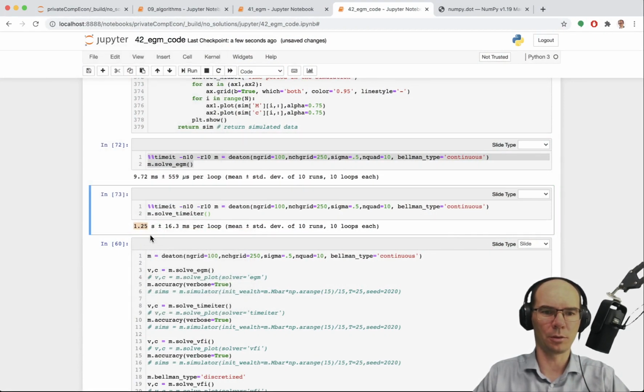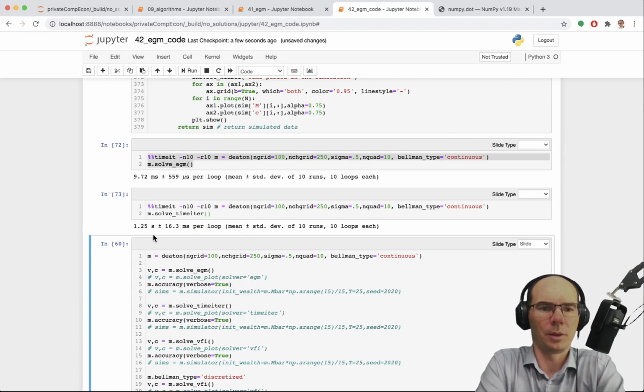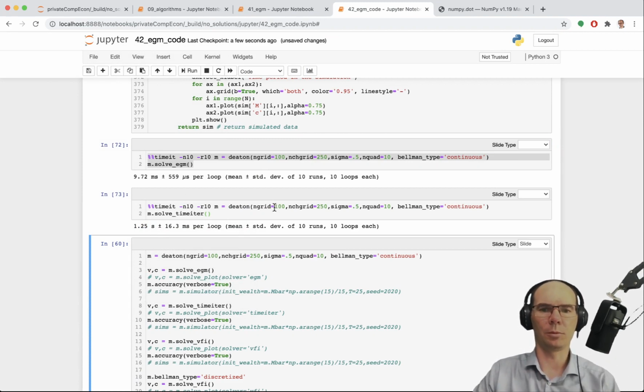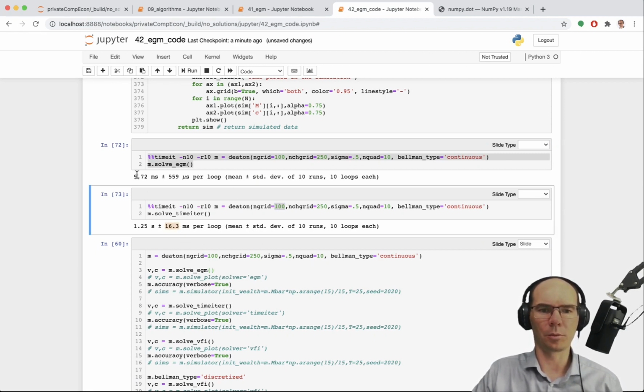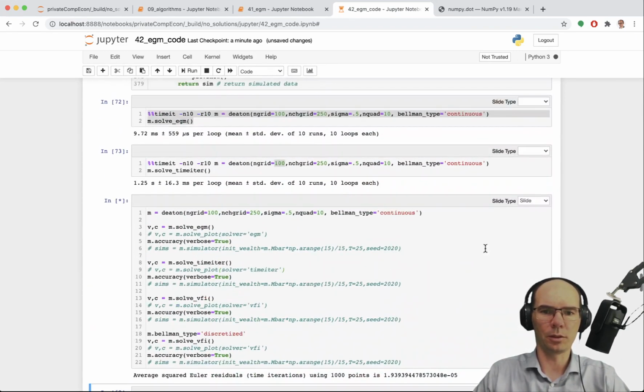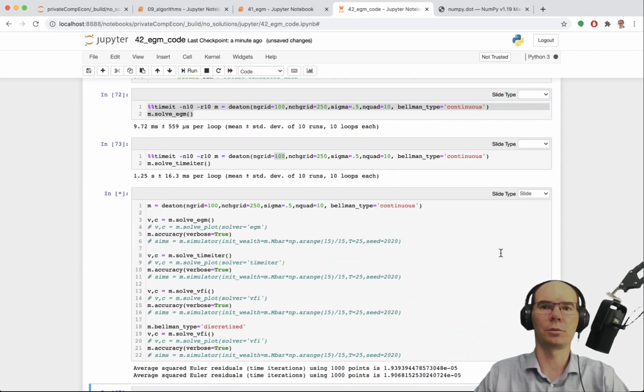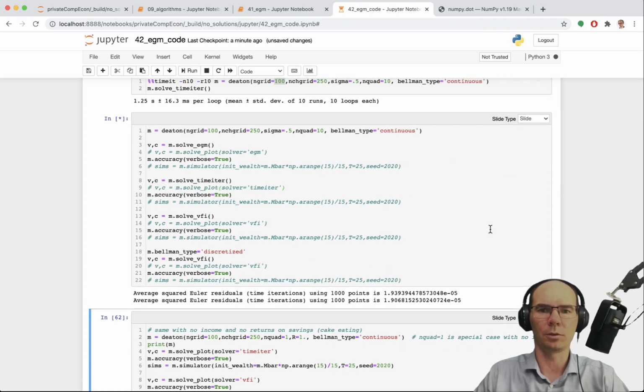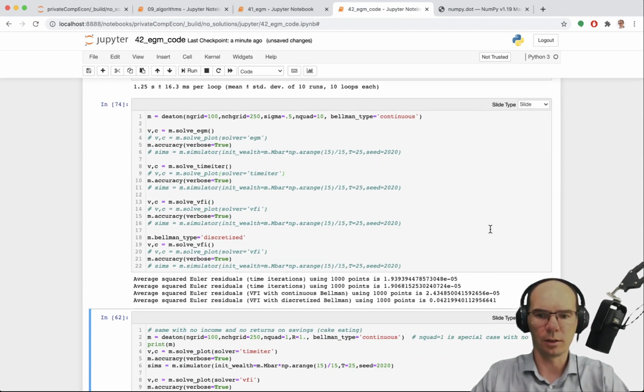One run took about 1.25 seconds. So it is about 100 times slower than EGM. And remember, we're using the same number of grid points. Right? So, yeah, in the standard error, we've already done it with EGM. Okay, so that's not surprising. EGM is very fast. It avoids root finding operations, but it keeps the accuracy at the same level as time iterations. And let's look at the